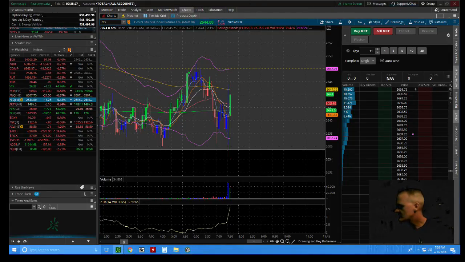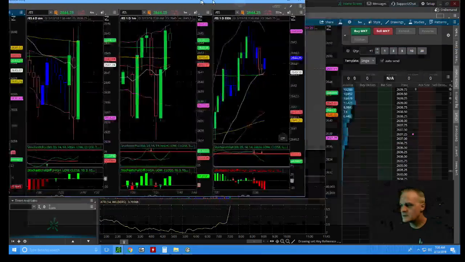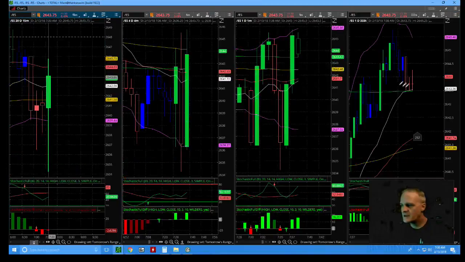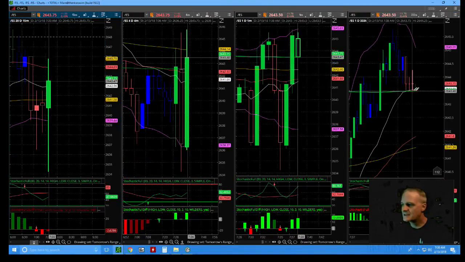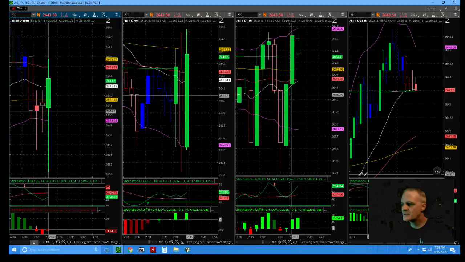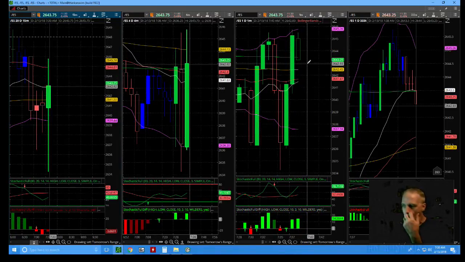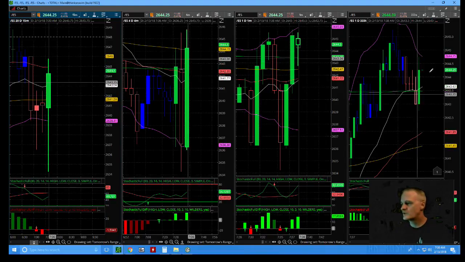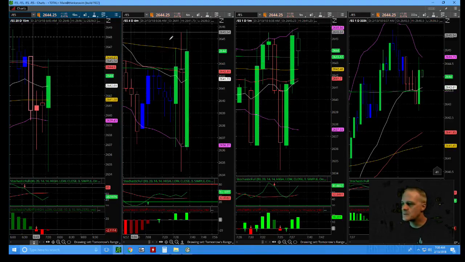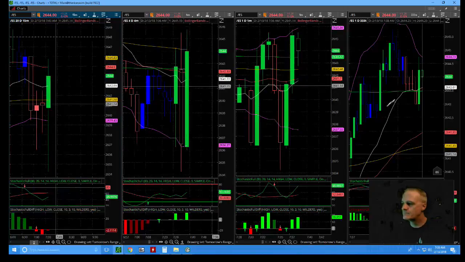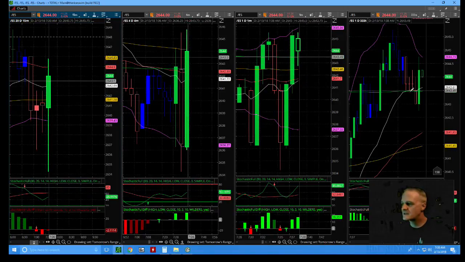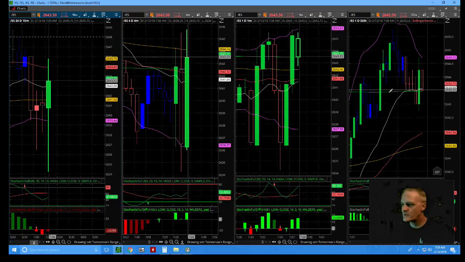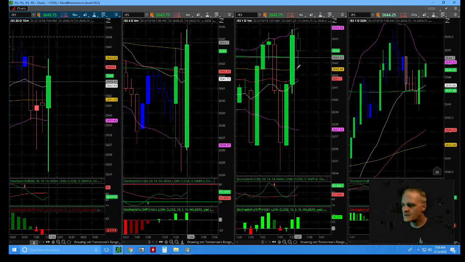So now it looks like this 243 period MA in the ticks is acting as support. If I see it break down below that, that might be a short signal, which it just did, but then it just ripped right back up. So since this really isn't acting as support or resistance one way or the other, now I'll turn my attention to